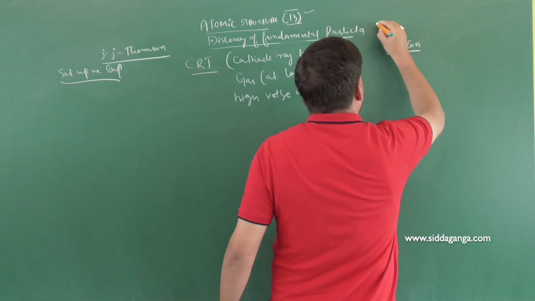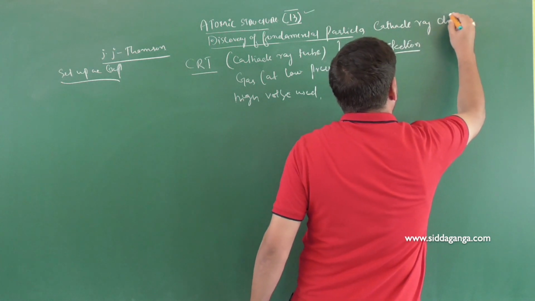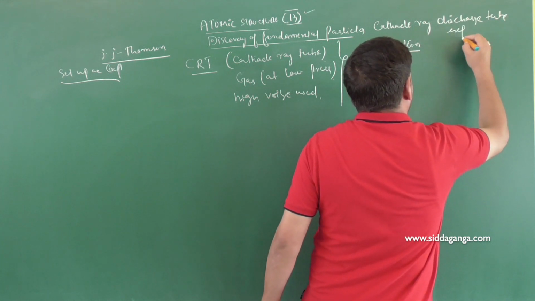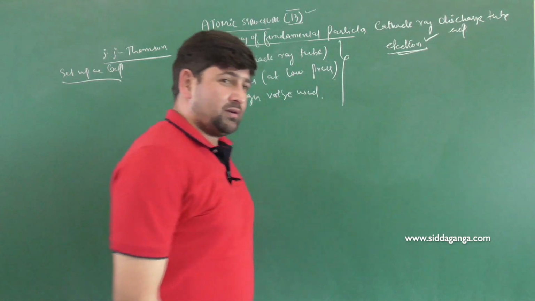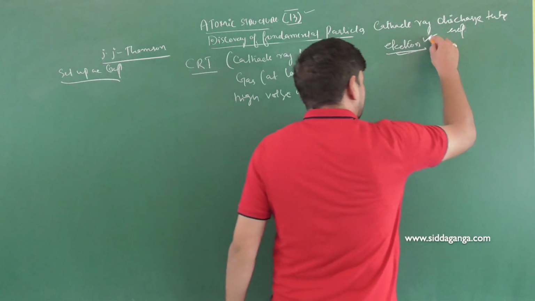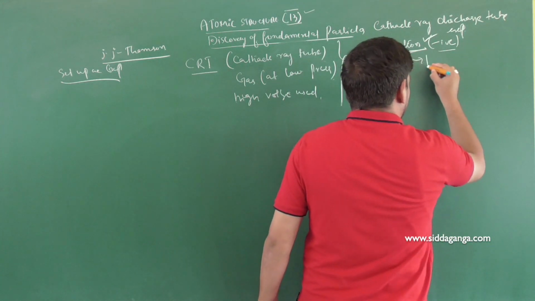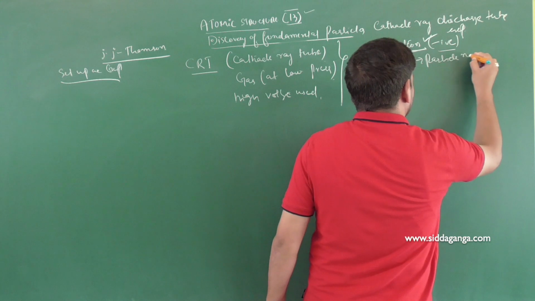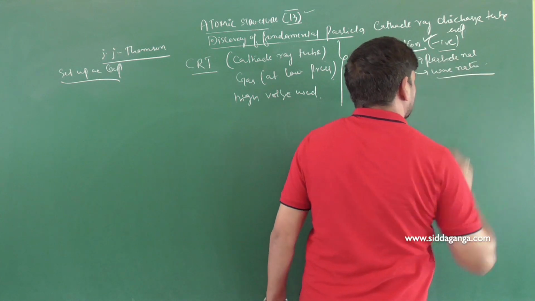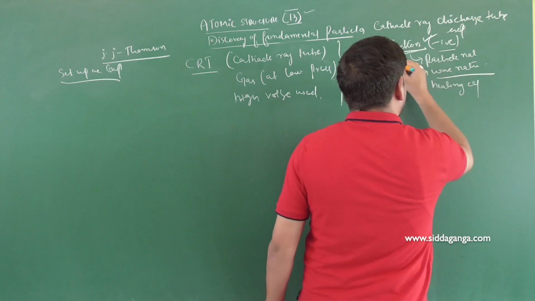So, in simple terms, the cathode ray discharge tube experiment gave us the clue and gave us the information for the fundamental particle of electron, which is negatively charged because it behaved like that, and the same has got some particle nature, even it has got some wave nature, even it could produce heating effect, and even it could penetrate.